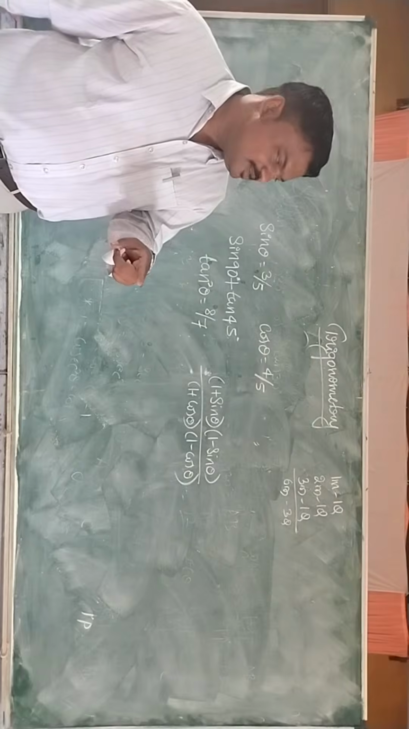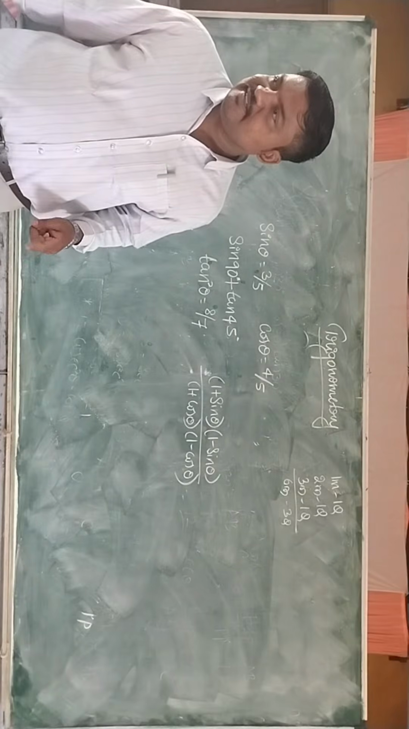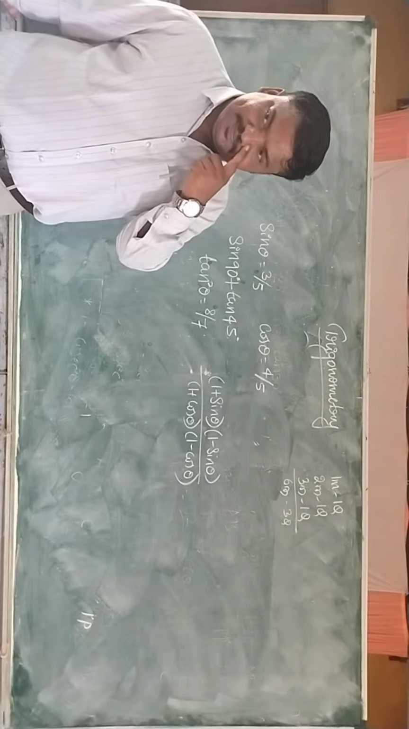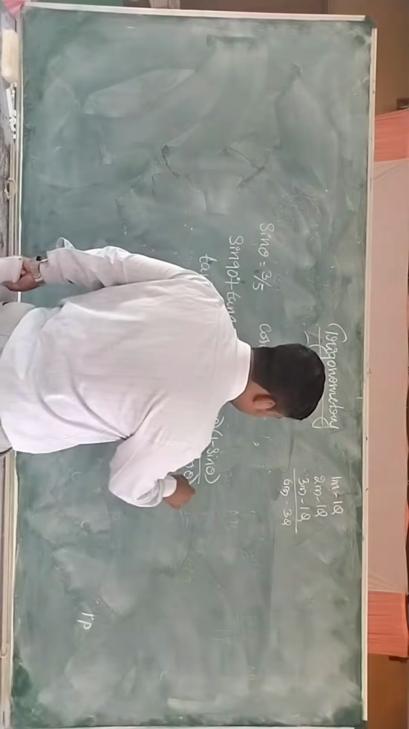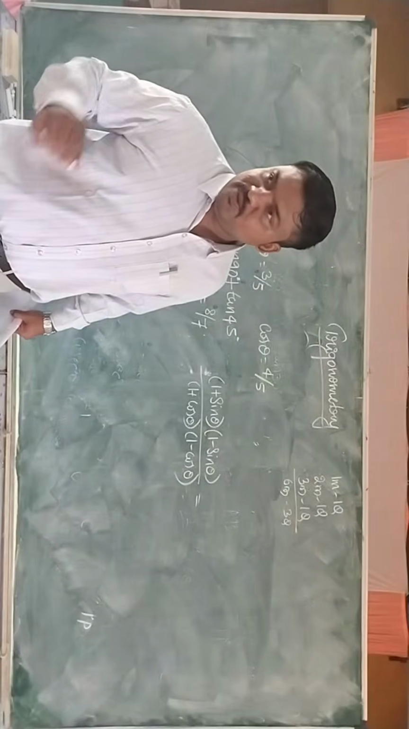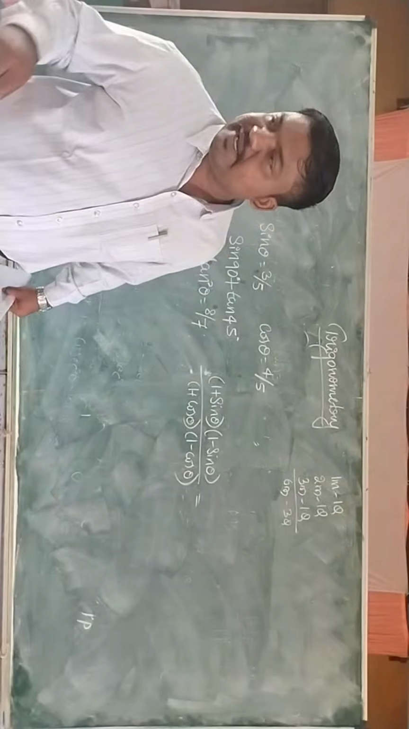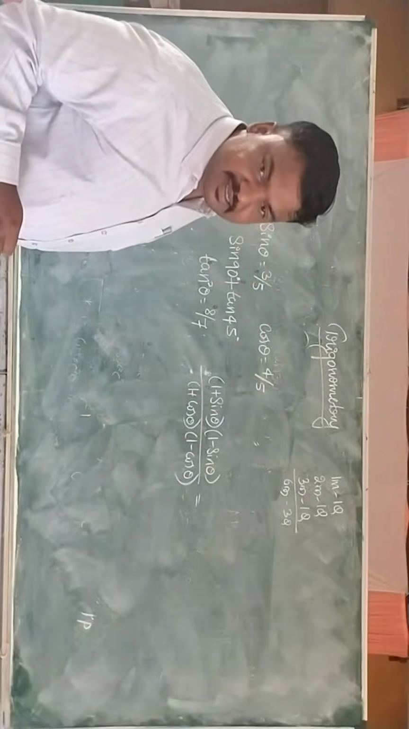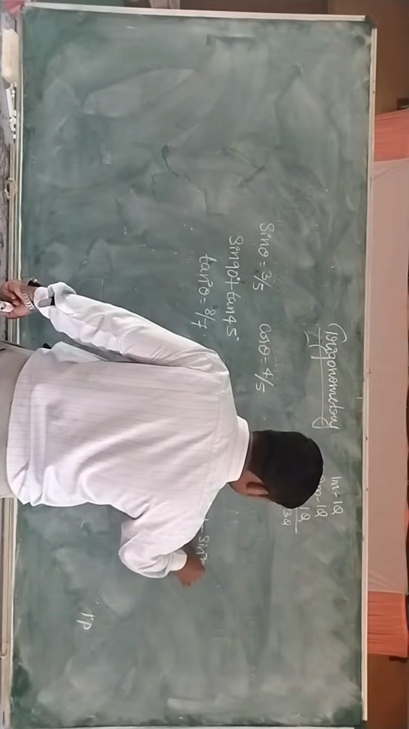7 upon 8 is the right answer. See here. 1 plus sin theta into 1 minus sin theta is in the form of a plus b into a minus b. You know the algebraic identities: a plus b into a minus b is equal to a square minus b square. So in place of a, 1 is there, and in place of b, sin theta is there. So 1 square minus sin square theta, divided by